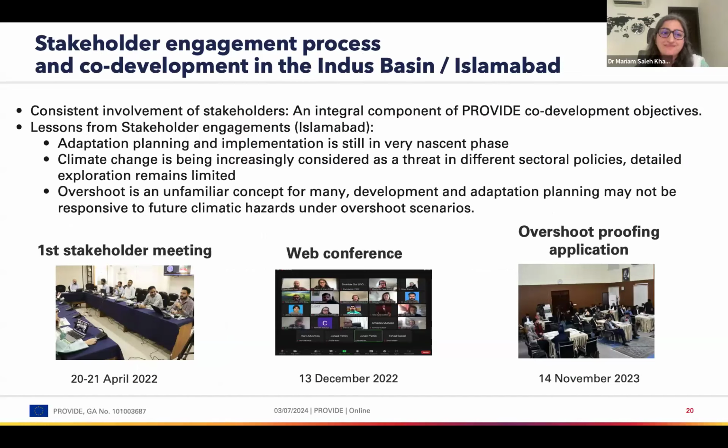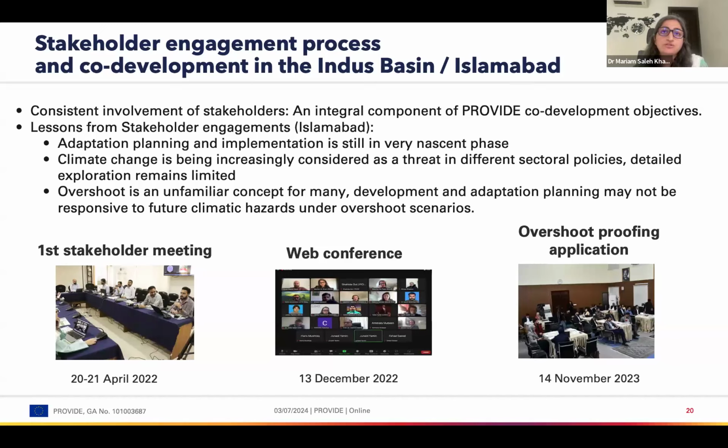Okay, thank you. As you can see here, throughout the duration of the project, we conducted multiple stakeholder meetings periodically, as you can see from the dates here on the slide. One at the very beginning of the project to stocktake the challenges and the adaptive capacity of the region and the city. These meetings also include a diverse group of participants, such as government officials, as I mentioned